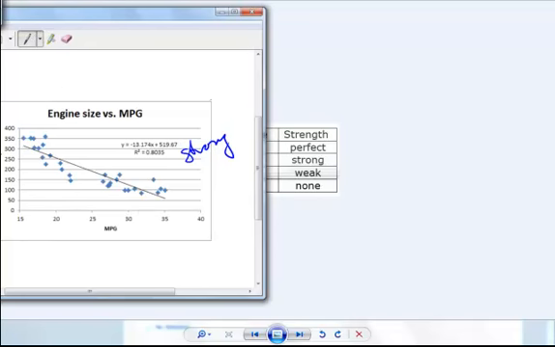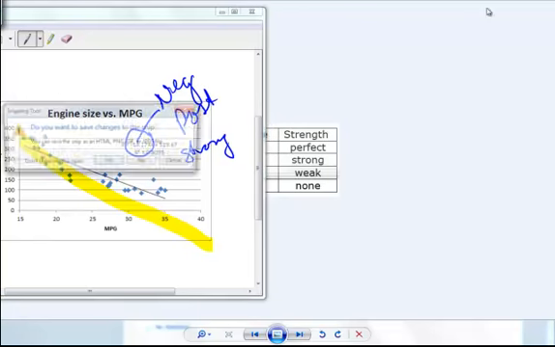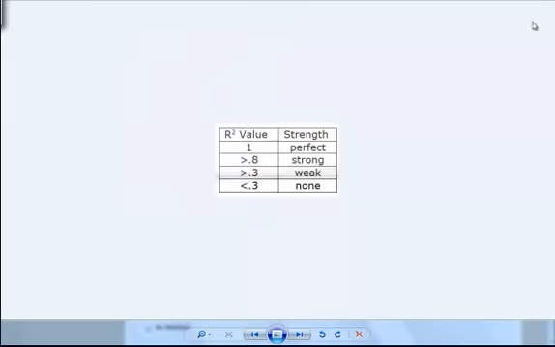Now, you can just tell by looking at it here that it's sloping down. But the other way that you can tell about the slope is if you notice right here, this is negative. So negative slope or positive slope, you can tell just by looking at the coefficient of x. Next,